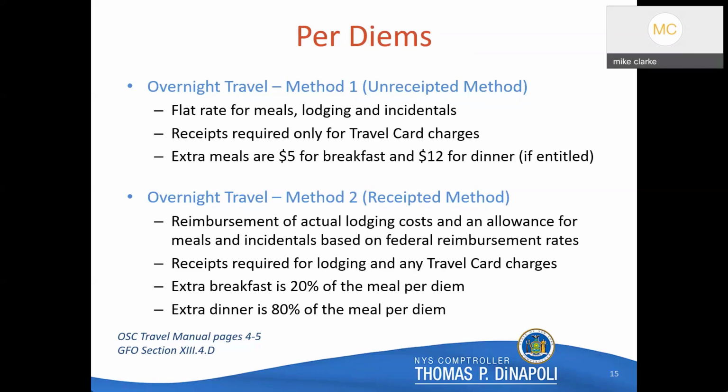The GSA breaks down these per diem amounts into breakfast, lunch, dinner, and incidentals. New York State does not actually reimburse employees for lunch or reimburse the incidentals separately. Again, the incidentals are already included in the per diem amount. You can locate the per diem rates between the breakfast and dinner rates in the GFO section 13, subsection 4D. And it is also important to note that travelers may not combine the two methods of reimbursement in the same